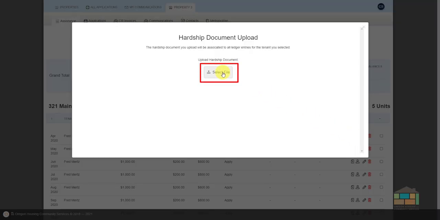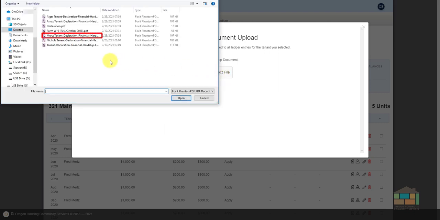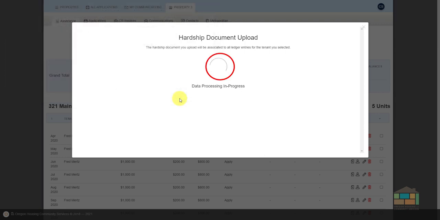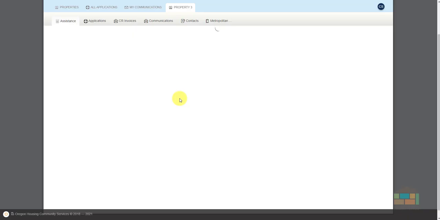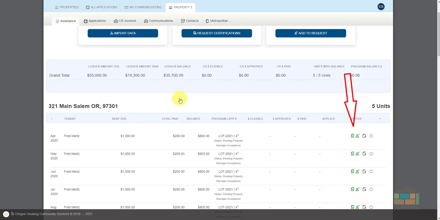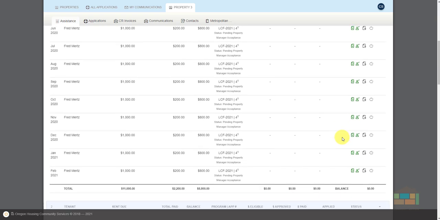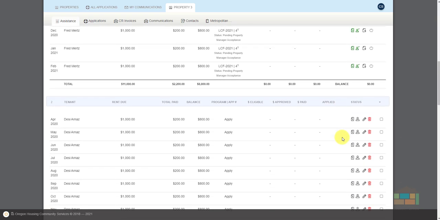Click Select File, then select the correct tenant for which we are uploading, in this case, Fred Mertz. Click the Open button, and the document will upload and the system will process it and add it to Fred Mertz's ledger. Once that is complete, we can see the icons have turned green. This process is only necessary once for each tenant, as the system will add the document to each month's ledger